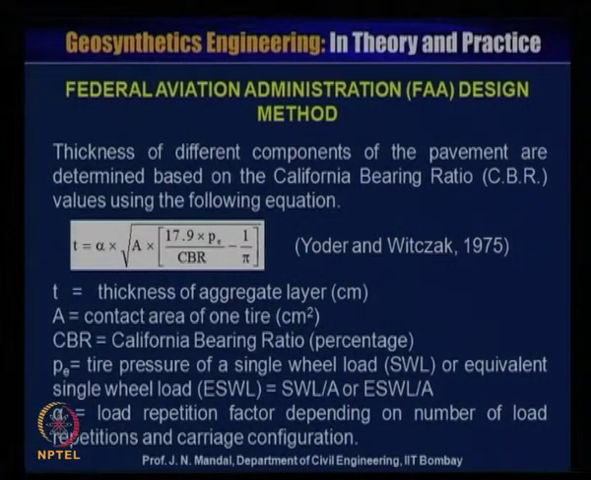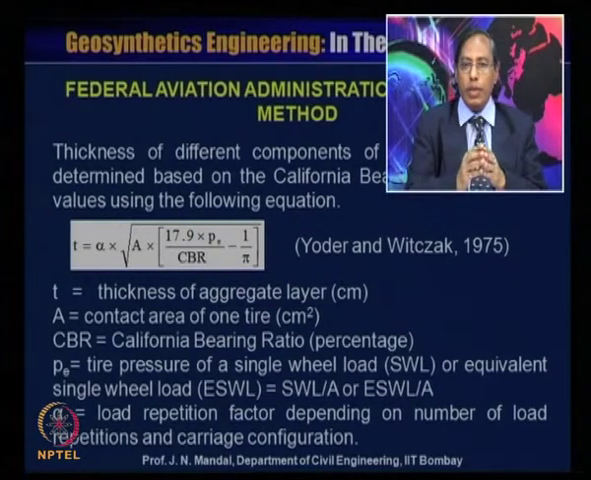Now the Federal Aviation Administration FAA design method: the thickness of the different components of the pavement are determined based on the California bearing ratio CBR values using the following equation, that is t is equal to alpha into root of A into 17.9 into P by CBR minus 1 by pi. This is Hammitt and Whiskers 1975. Where t is equal to thickness of the aggregate layer in centimeter, A is the contact area of one tire in centimeter square, CBR is California bearing ratio in percentage, P is tire pressure of a single wheel load, that is SWL, or equivalent single wheel load